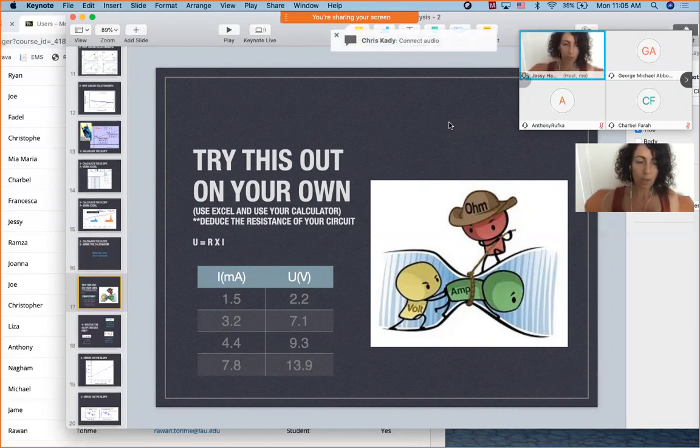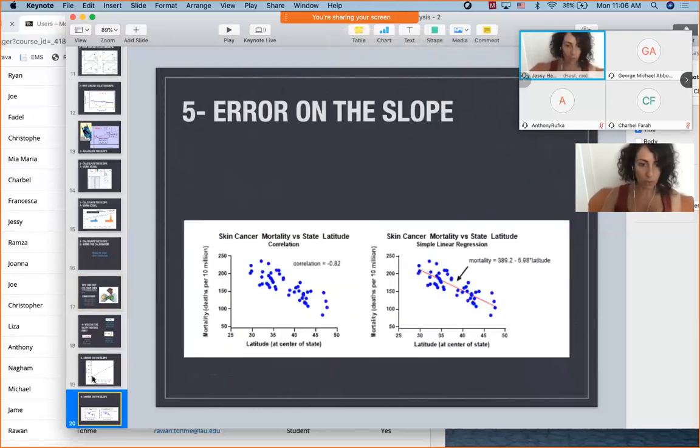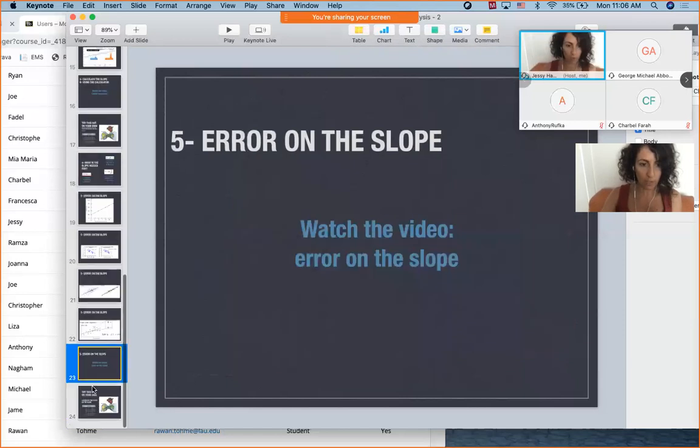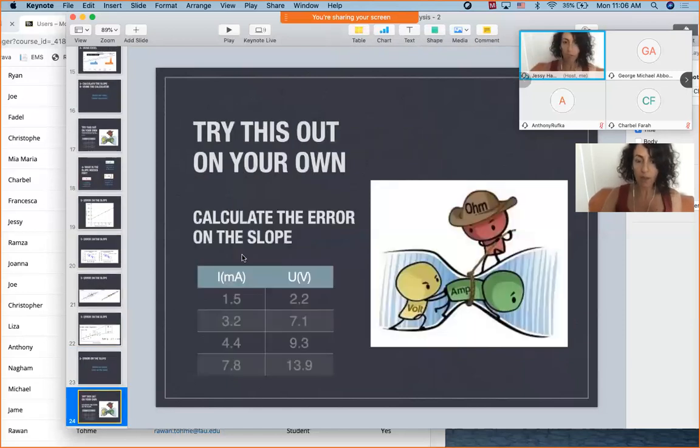Okay, James? All right, so yes, if we plot I versus U and not U versus I, the slope will be 1 over R, and you can find R by doing 1 over the slope. So that was one of the questions you had to answer, and you did it well. The final question you had to cover was the one at the end, which is find the error on your slope. Anybody other than George would like to speak up about how we do this one?